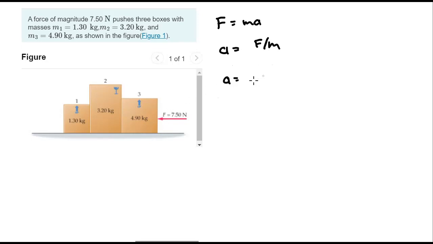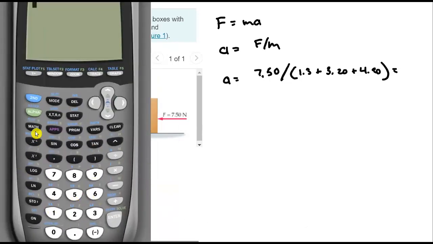So the acceleration of each box, which is the same, is the force divided by the mass of the entire system, so all 3 boxes together. Okay, so let's see what that is. Calculator. Most of my calculators should hopefully show up on the screen. All right, so the force divided by the total mass, 2 and 9. And we get